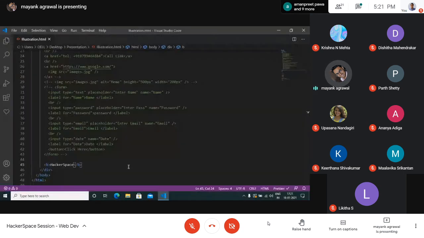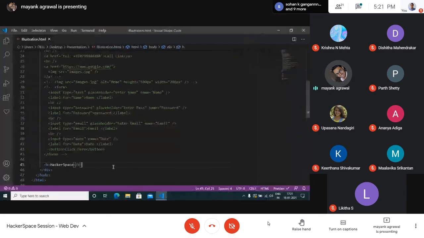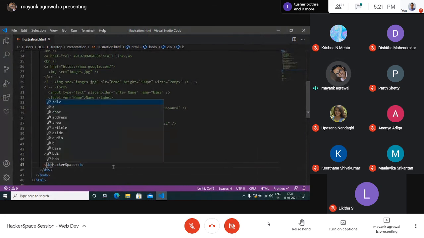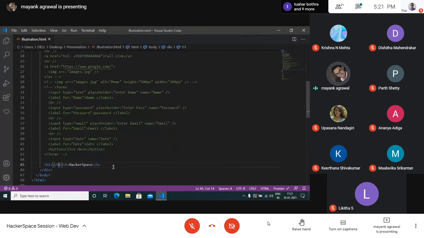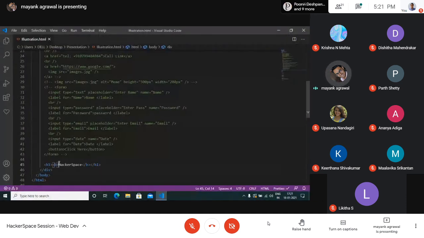So basically, there is no difference between a strong tag and B tag. One more thing that you should keep in mind is that you can also do something like this. You can add a B tag or a strong tag or any other tag you want inside any tag. For say, if I want to add B tag inside H1 tag, I can do that without any problem. Something like this will happen. For say, I want to do italics. So for italics, it's I.